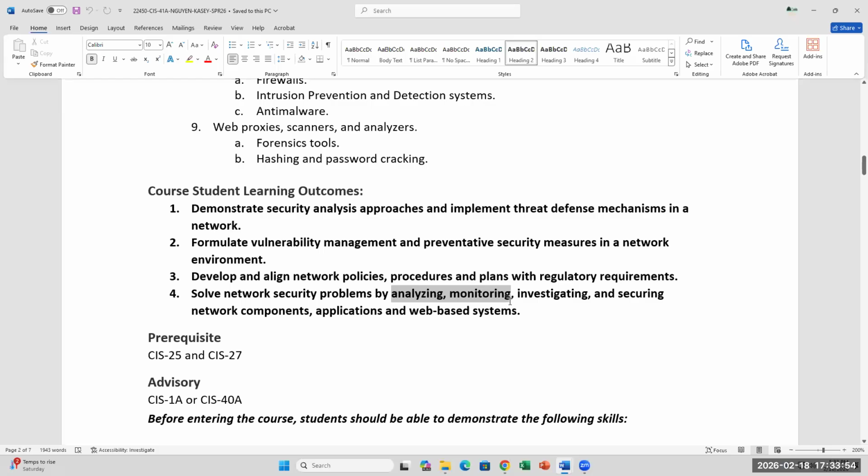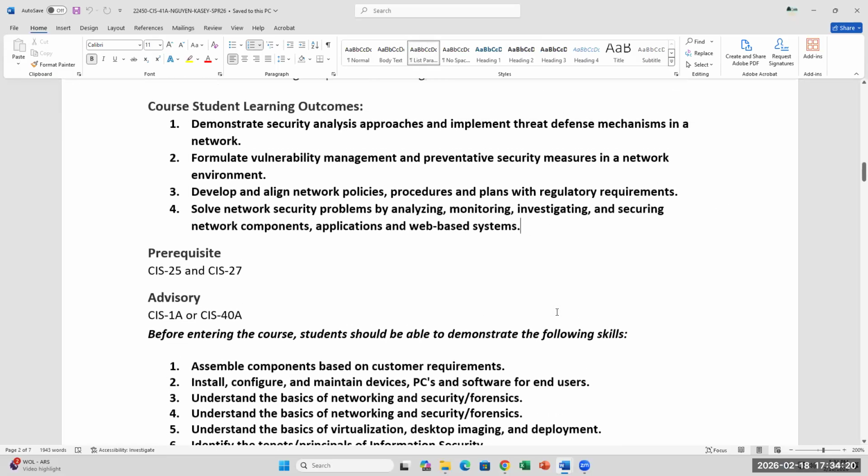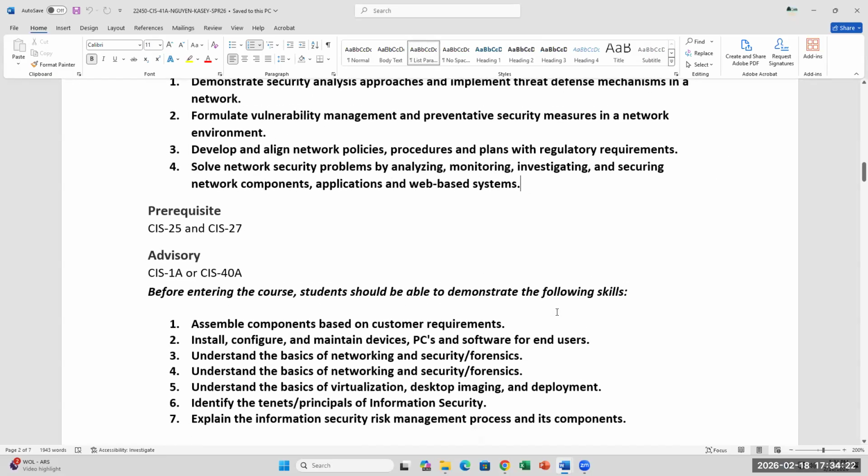So in our exercises, we're going to start working from monitoring, investigating, analyzing, and securing your network components and your systems. Every system belongs to some form of network, whether it's a home wireless network, or a transactional system where you insert your payment card and that gets sent to a database for records. Okay. So the prerequisite, you have to complete CIS 25 and